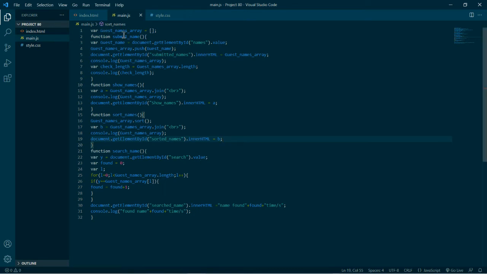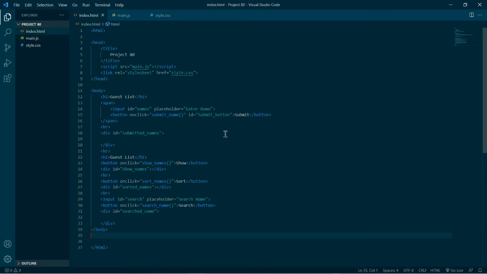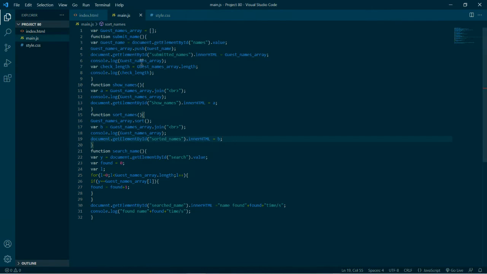Now the variable will be guest names array, which will be empty, and then we'll add a function. The function will be submit name. Now we'll do the submit name function. The submit name function will add a variable guest name. It will store the names. Will store the ID names in it, this input, and